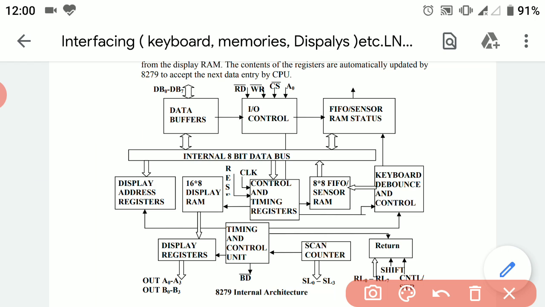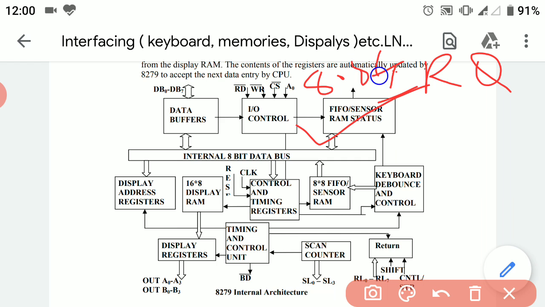Now the next block is FIFO sensor RAM status. This block is going to control the interrupt through the IRQ pin. This block actually controls when to interrupt the 8086 processor for any read or write operation.